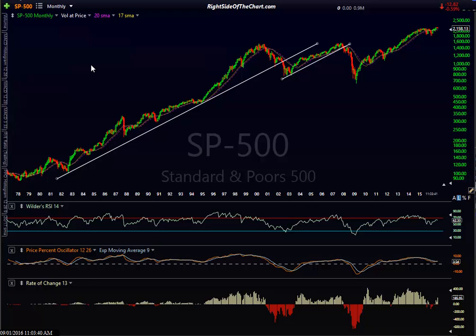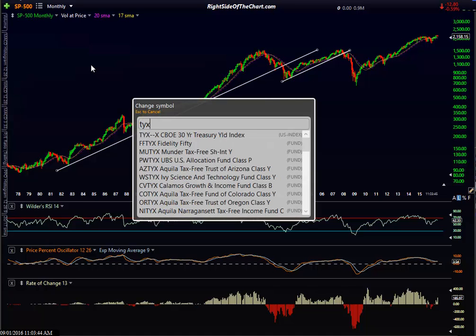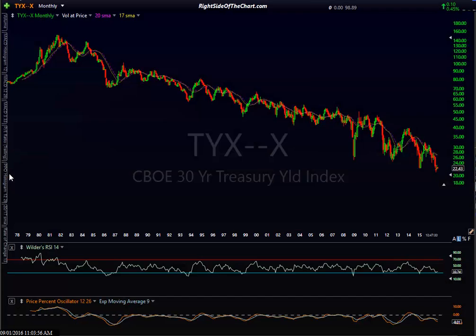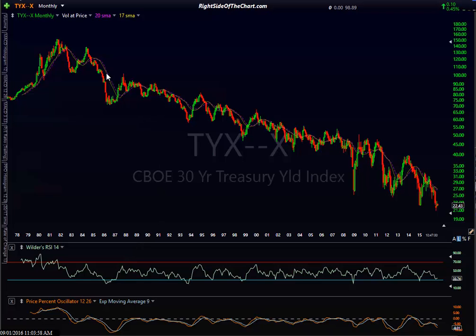Now, what just scares the heck out of me going forward, and I'm actually very comfortable, as comfortable trading on the short side as I am on the long side, is that this chart says a lot to me. Let me move some things over here real quick. This is the same chart, same time period, going back to 1977, of the 30-year Treasury bond index, Treasury yields, TYX, government Treasury bonds.